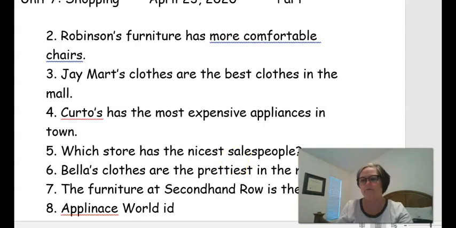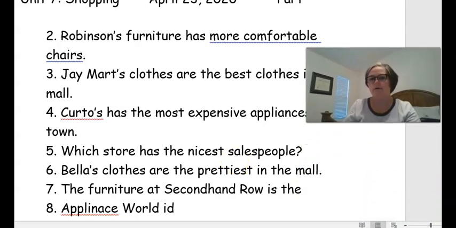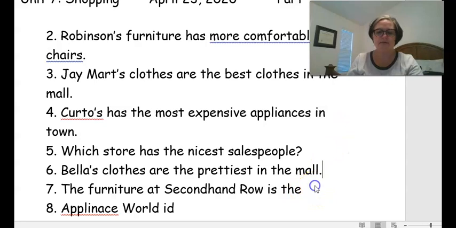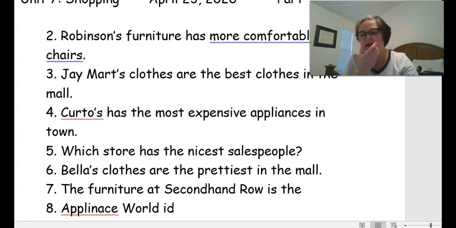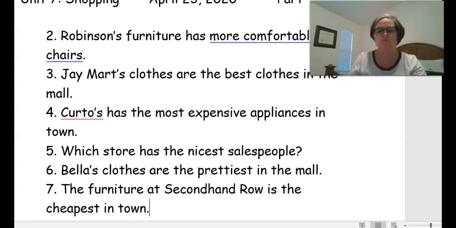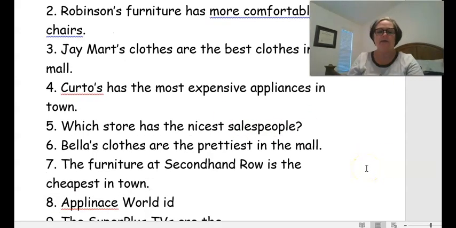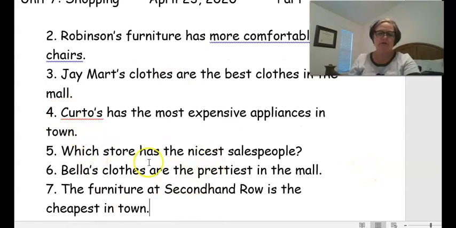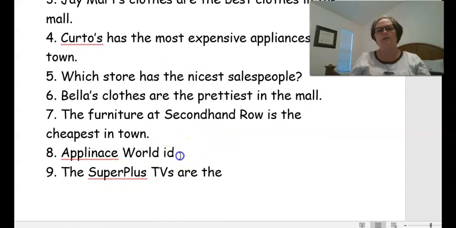Okay, I'm going to move my little picture up here so you can see better. And let's go to number 7. The furniture at second-hand row is the cheapest in town. Okay? Go ahead and make any corrections that you need to. Stop the video because I'm going to have to scroll, and some of these will be off the screen and you won't be able to see them. Okay? So,